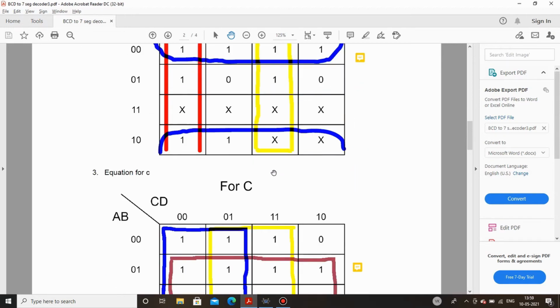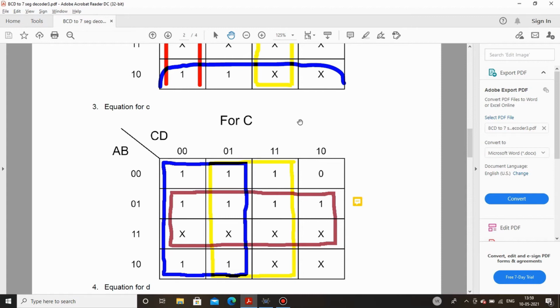Now coming to the output equation for LED segment C. Here you can see that we have this entire pinkish colored pair, and here B is same and it's 1, and C and D are constantly changing, so the first term is B. If you see this blue color pair, A and B are constantly changing, whereas between C and D, C is same but it's 0, so we will have to take the complement, so it will be C bar.